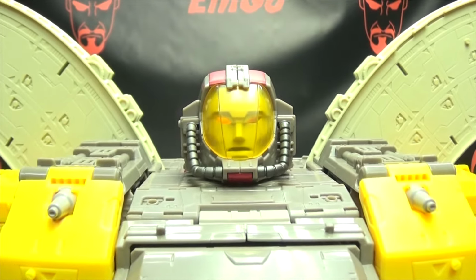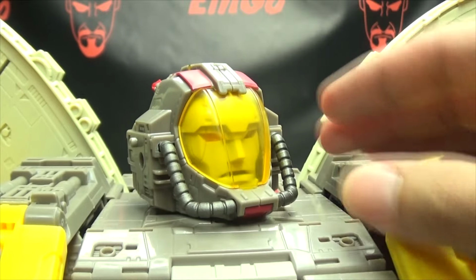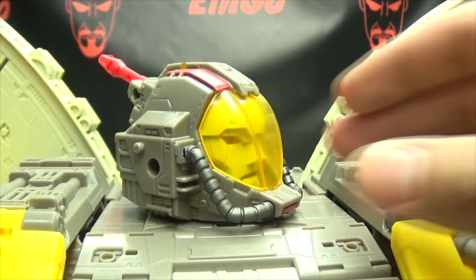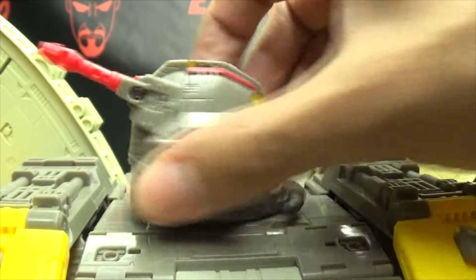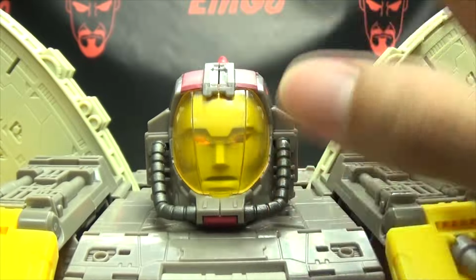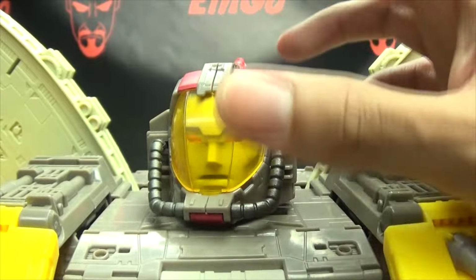There is the noggin. As always, you get the little transparent piece there over his face. Get some red as well. Pretty nicely detailed all the way around. He does have light piping, as you can see. His eyes are yellow. They're not blue, unfortunately, and it's not a deal breaker, but it does bug me